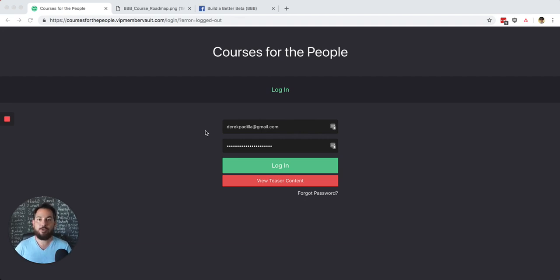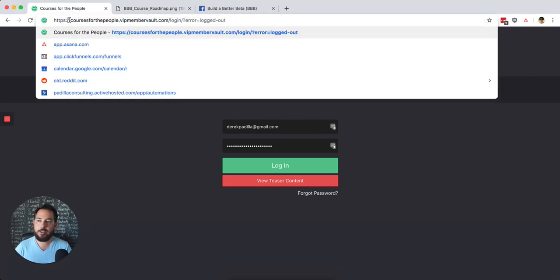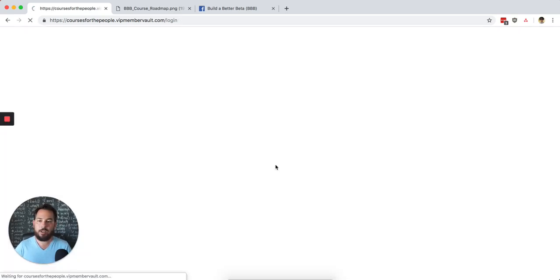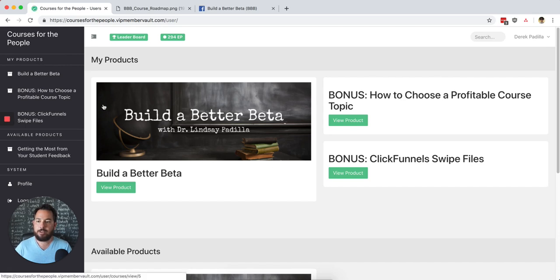To begin, you should have a link in an email that directs you to our course, which lives at MemberVault. You can find the URL as coursesforthepeople.vipmembervault.com. You'll log in with your email address. By default, the password is also your email address. Go ahead and log in, and you'll be greeted with, depending on how you purchased, a few products, and then